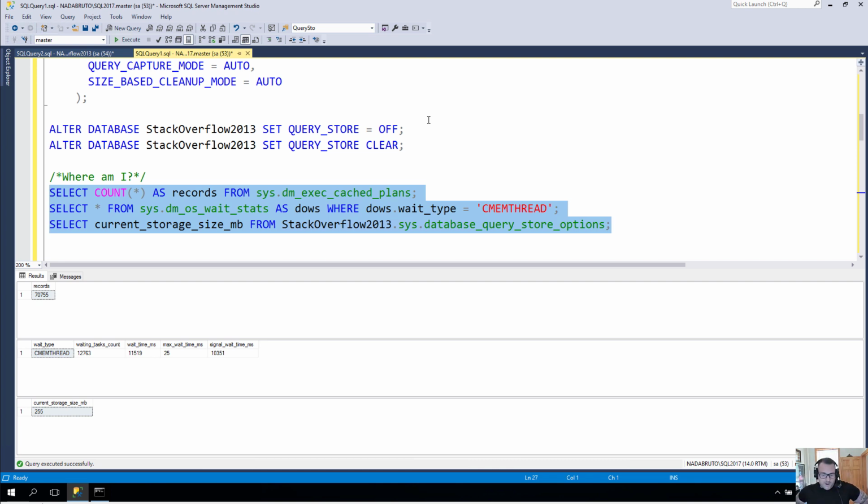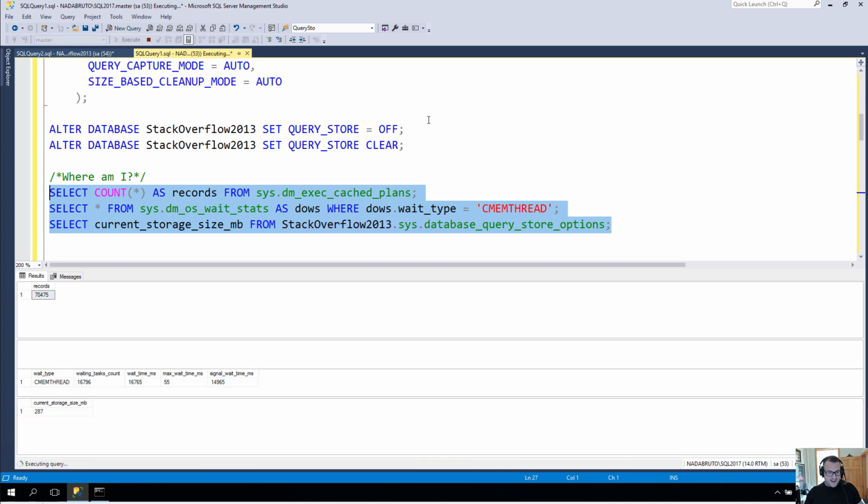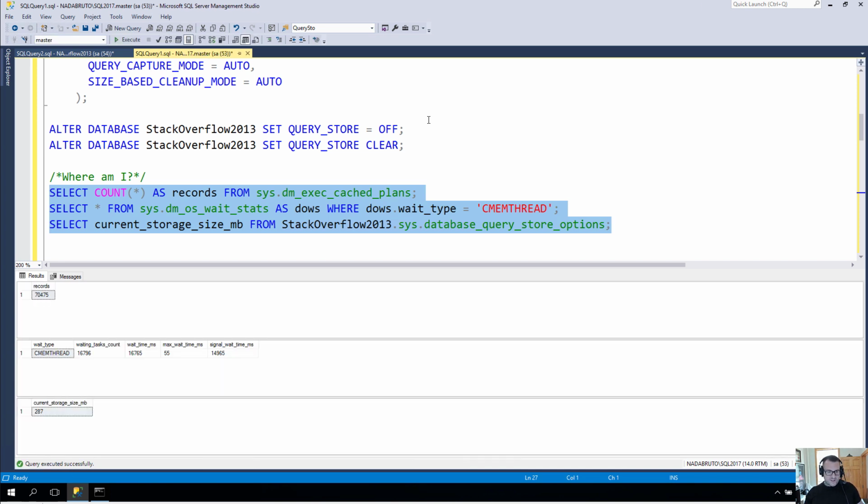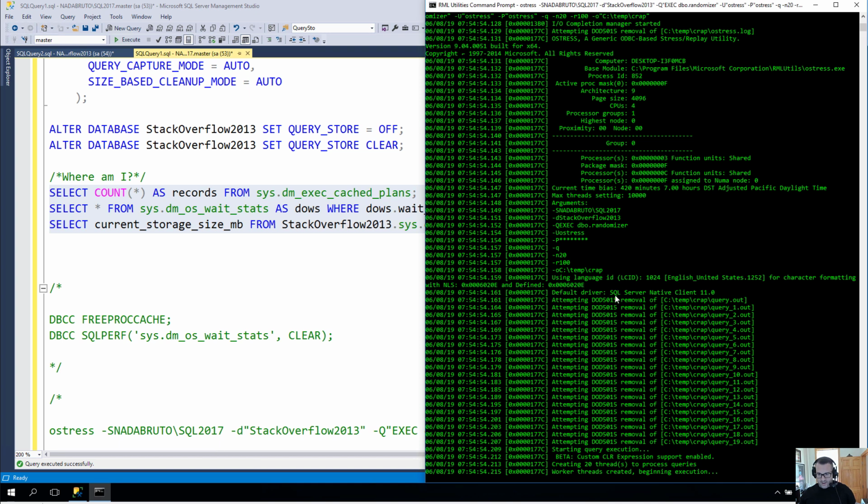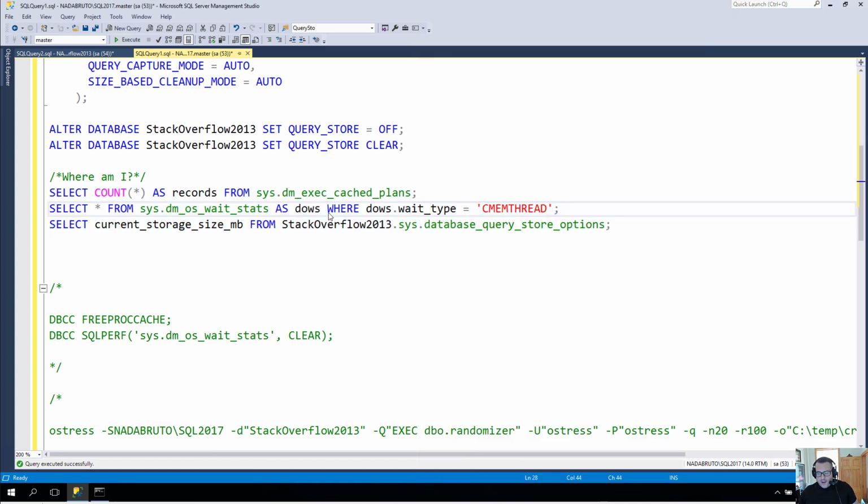Now, this can be a real problem for a lot of people. If you have an ad hoc workload like this, you might be very concerned that QueryStore is going to overfill, that cleanup is never going to quite catch up, and now you're going to have all these funky CmemThread waits going on your server. At this point, QueryStore is nearly 3 times the size of the max size that I set it to, and cleanup doesn't really seem to be doing its thing. We're getting up really close to 300 megs there. So what I'm going to do is kill this off,